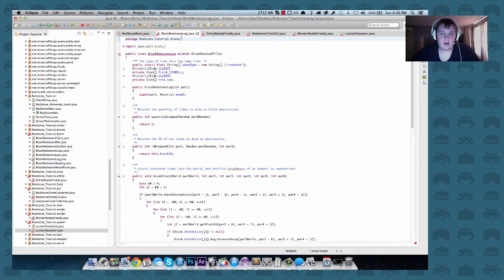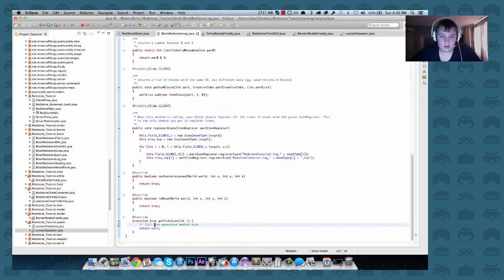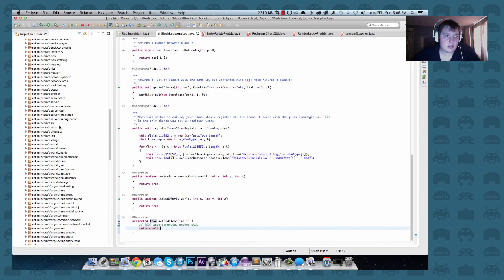On to the next file, this one here. We have just some unimplemented methods, which are actually at the bottom of the file. So we're gonna go down here. It's created this thing right here. We're basically gonna have that return something. I'm just gonna go look at it. So if we go to